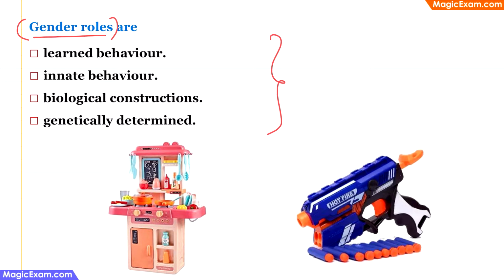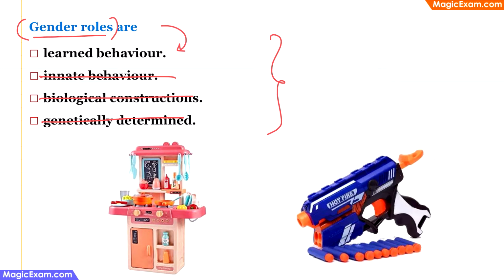So how do children actually learn these gender roles? Is it innate behavior? Are children born with such behavior? Are girls born with the behavior that they will learn cooking? No. So it cannot be innate behavior. Is it biological constructions? In the sense, do girls have any special biological construction which will help them in cooking? No. And is it genetically determined? In the sense, is it written in our genes that girls should like cooking? No. Therefore, gender roles are nothing but learned behavior